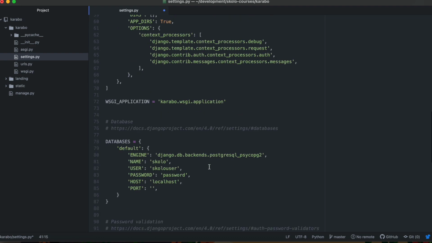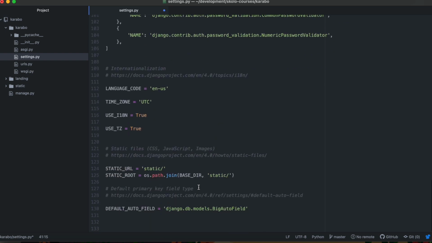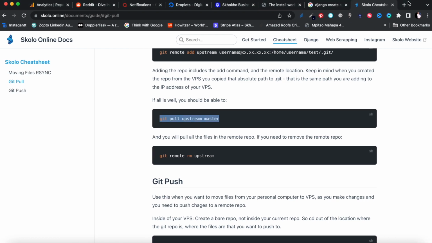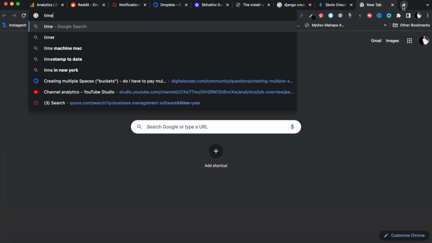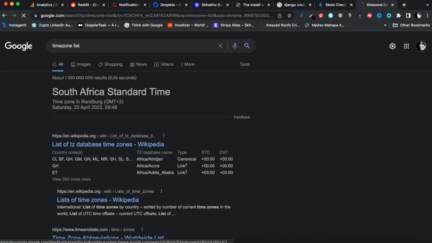All right, and then just double check your database connection is okay. So the password is fine. Your time zone, you can leave it as UTC, but if you want to be time zone aware, you can enter your actual time zone, I think. So my time zone here, I think there is a, let me see, time zone list. Okay, I just want to see the correct